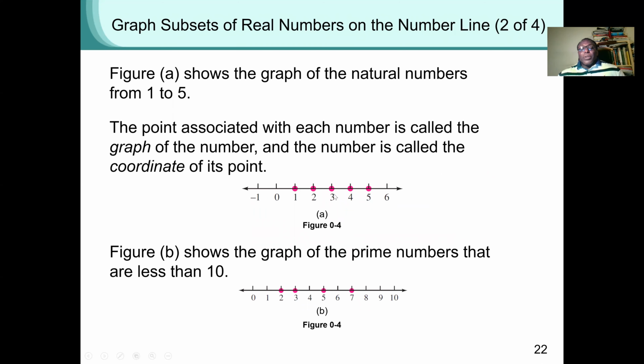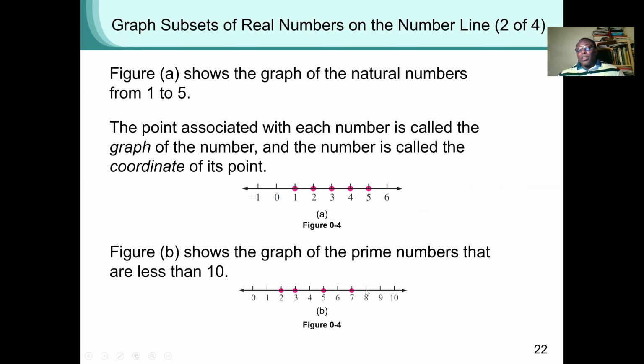So they gave us an example that we should show the graph of the natural numbers from 1 to 5. So I'll just have the dots 1, 2, 3, 4, 5. So that will be my graph. Also show the graph of the prime numbers that are less than 10. So I don't want to go more than 10. 2 is a prime number, 3 is a prime number, 5 is a prime number, 7 is a prime number,